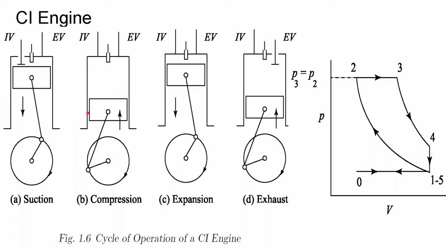So the piston moves from BDC to TDC, and we have reached point 2. At point 2 we spray the diesel fuel as droplets into very small sized particles, and due to the high compression ratio, the energy has been so high, the temperature has already reached a high value, and it starts combusting. At that point both the valves are closed, and as we have sprayed it, it will start combusting